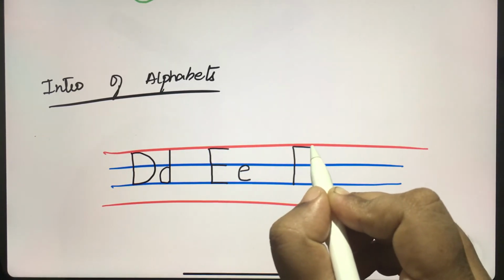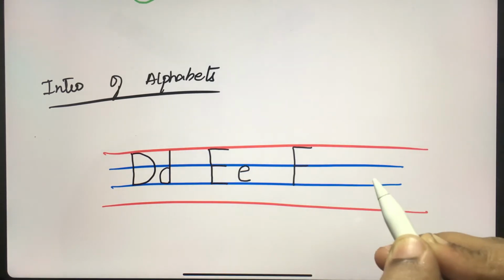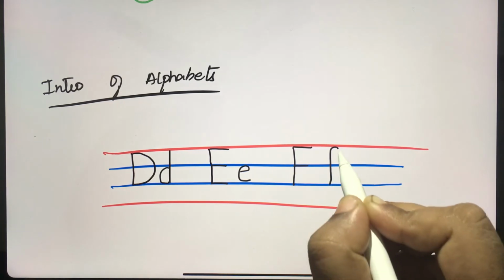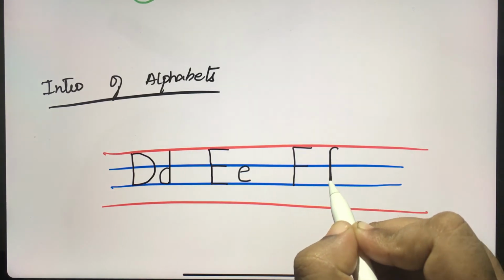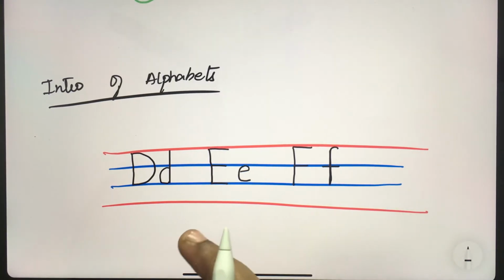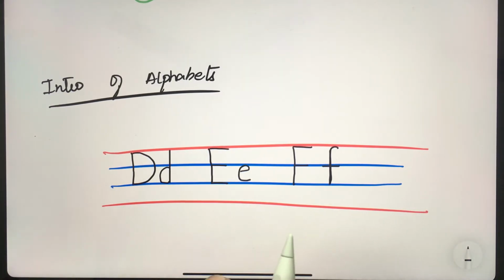Now coming to F. Standing line, sleeping line, sleeping line. Now coming to lowercase f. Standing line with a curve and a standing line and a sleeping line. So this is F. You can introduce them by drawing with crayons with red and blue color,